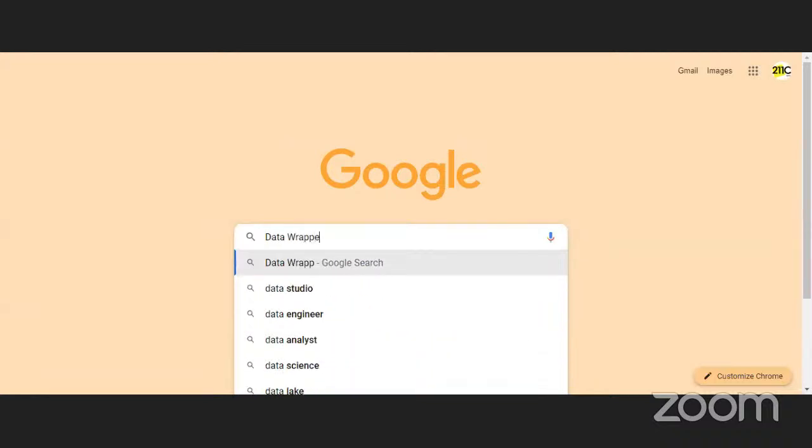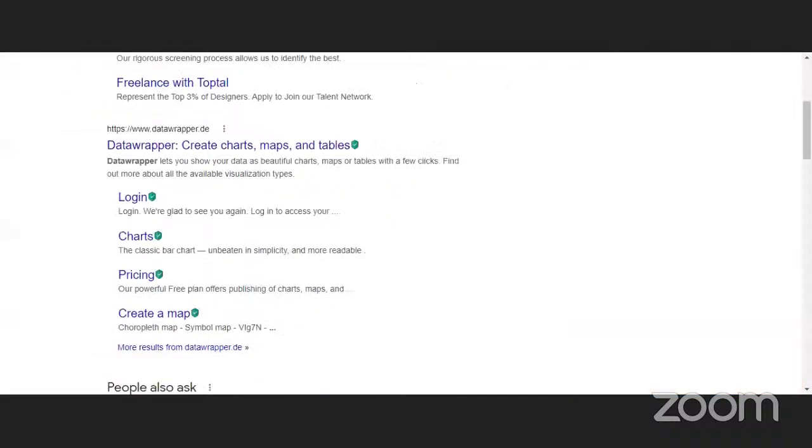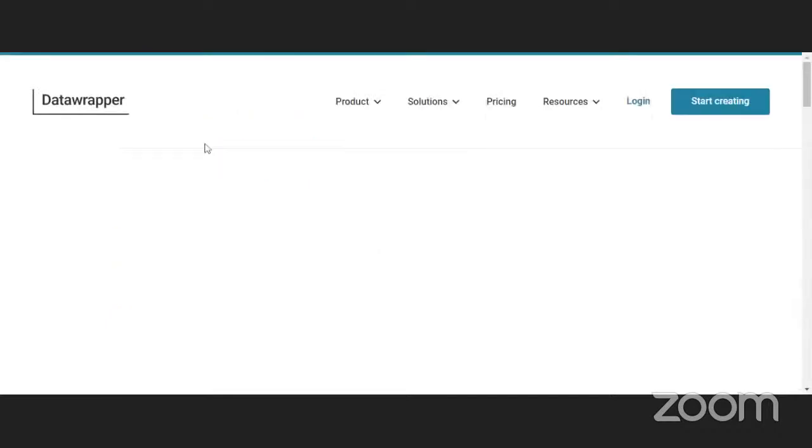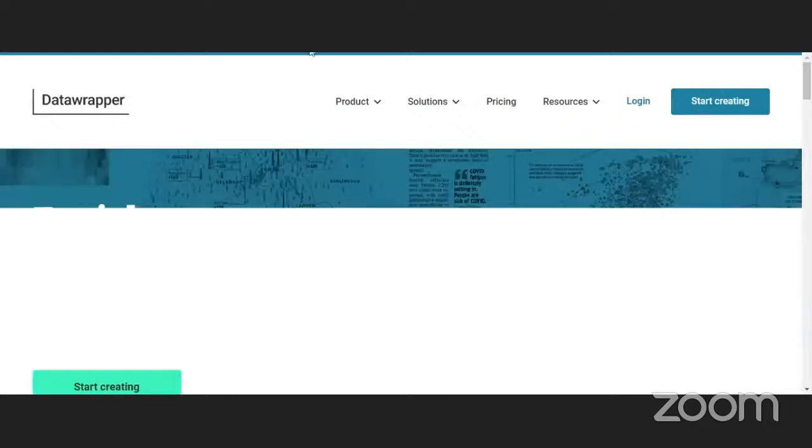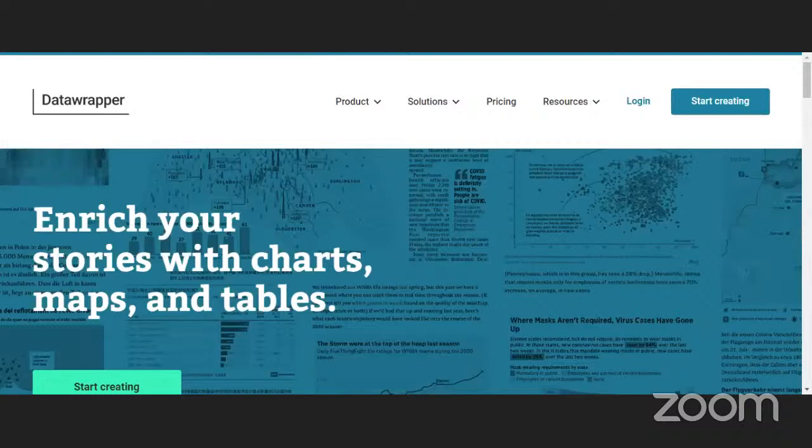So this is Datawrapper. It will come up here, datawrapper.de. So you just click it. This is the tool that you're going to learn today. If you're joining using a computer, here is the Datawrapper link in the chat box. Just click on that, and then once you are done with that,